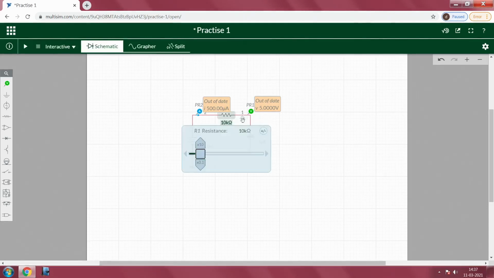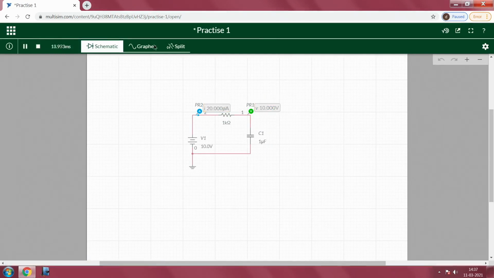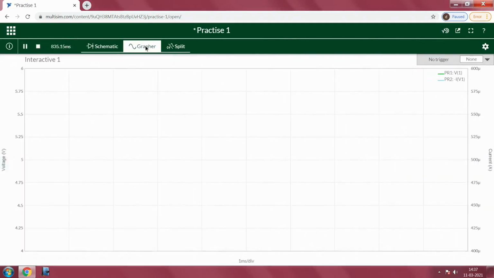So, 1 microfarad and 1 kilo ohm I am taking. So, just running it, graph.